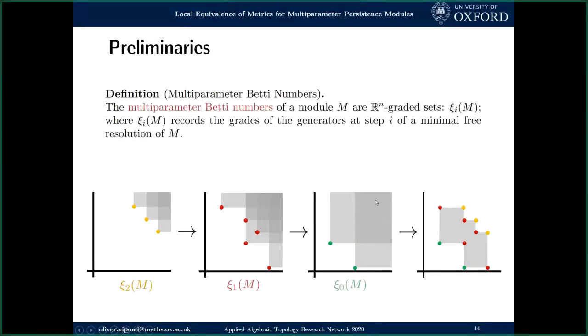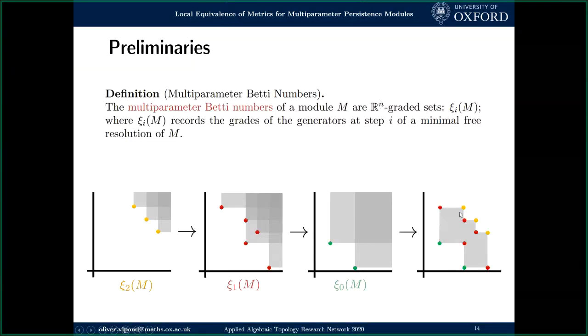So in the one parameter case, this said that we could take a resolution of length 2, which just consisted of births and deaths. And then the multi-parameter case is slightly more complicated, because not only do we have generators and relations, we also have relations between relations, and so on and so on and so on as we increase